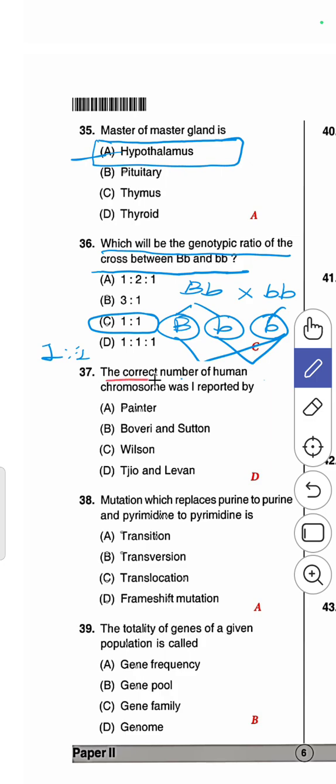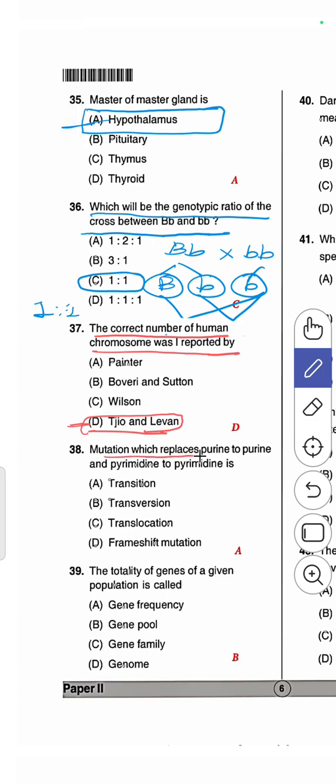37. The correct number of human chromosomes was first reported by, so that is the scientists Tjio and Levan. They discovered the correct number of human chromosomes, that is Tjio and Levan. Then 38th question,